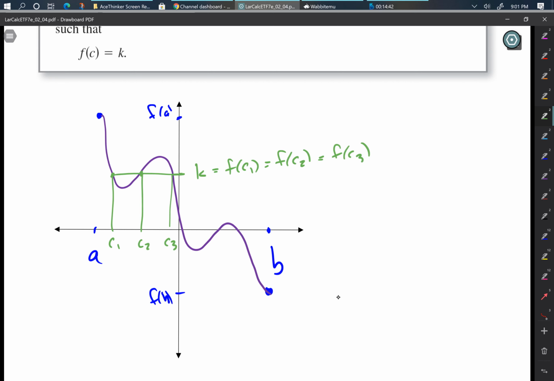Now, one of the earliest uses of this intermediate value theorem was finding these important points right here, here, and here, finding zeros. And the way that they usually did it was, they would find an interval where the function was above the x-axis at one endpoint, below the x-axis at another endpoint, and slowly reduce the size of that interval until they could walk in or capture the zero that they were looking for. Usually what they would do is they would take the distance between the a and b and divide it by 2. So they would chop this distance right here in half,